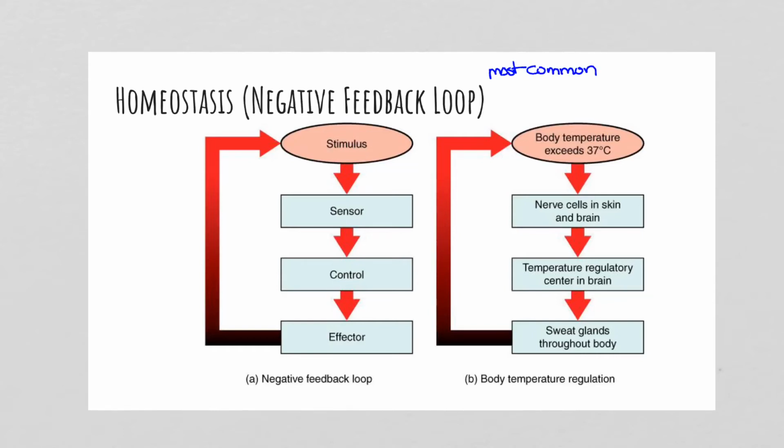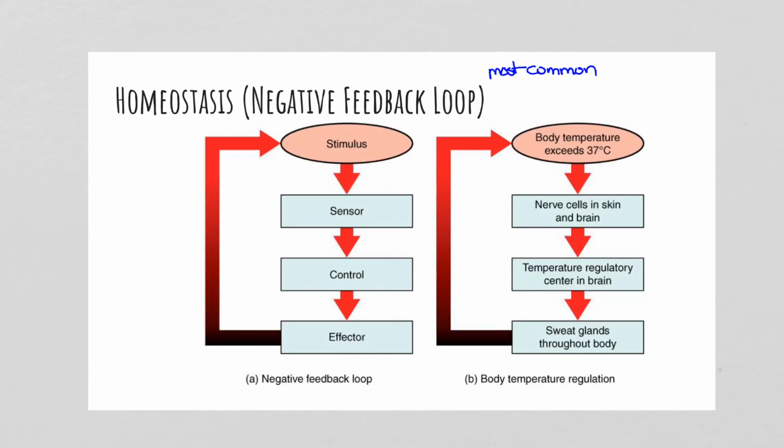Now, hopefully you remembered when I talked about negative geotaxis, or negative taxis, it's opposite of what the stimulus is. And that's the same thing with a negative feedback loop. What happens in a negative feedback loop in your body is you get a stimulus, it gets picked up by your sensors, then it gets sent to a control center that produces something to affect it, and that effector is going to turn off that stimulus. Okay? That's a negative feedback loop.